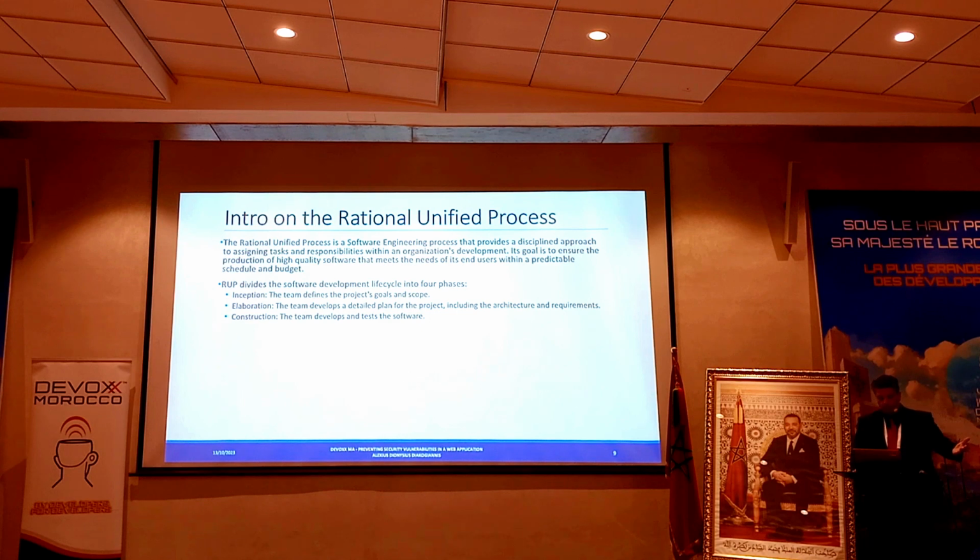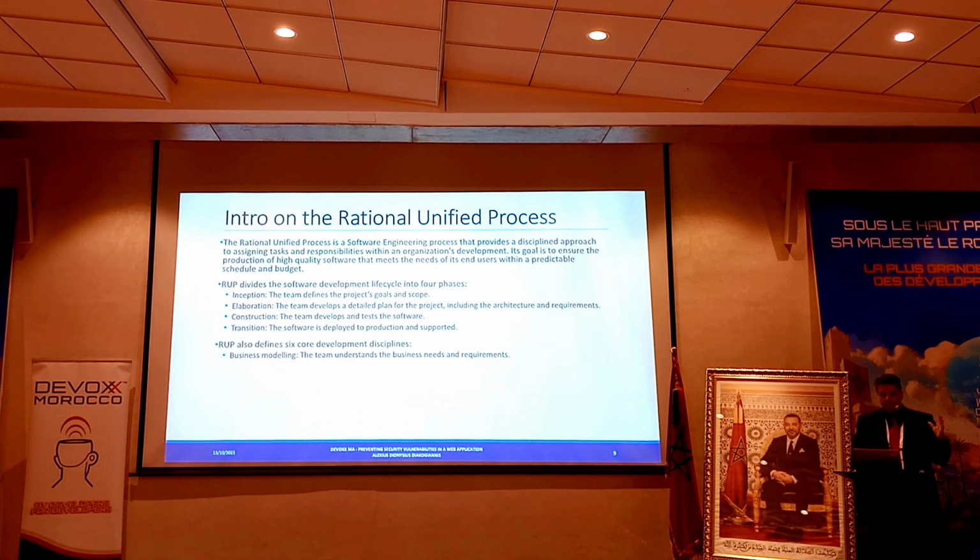Okay, the construction, of course, and the transition where the software is going live. Now, RUP defines 6 core development principles. The business modeling, which is the part where the team understands the business and the requirements. The actual requirements, where the team defines the specific requirements for the system. Analysis and design,